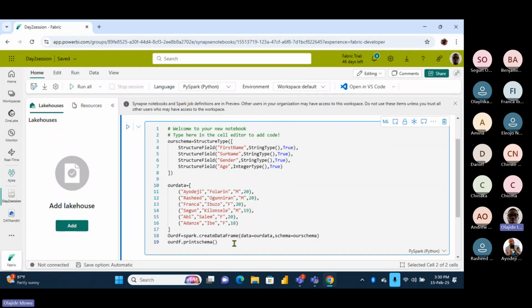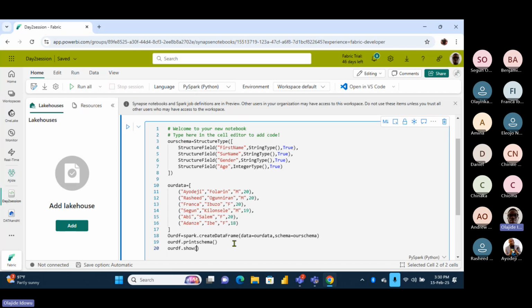And the second one, our data frame dot show, just to be sure. Just say dot show, open and close bracket. One alone is fine. I can't see your screen, but let me tell you what I did.